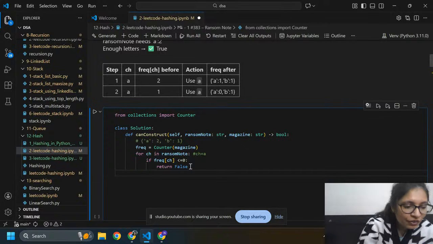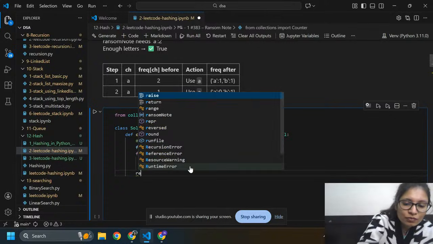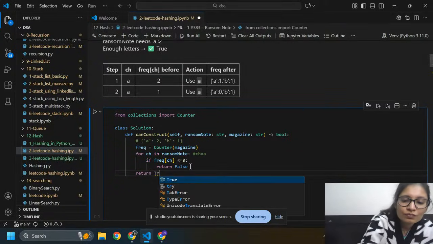If frequency is greater than 0, then it will return true.